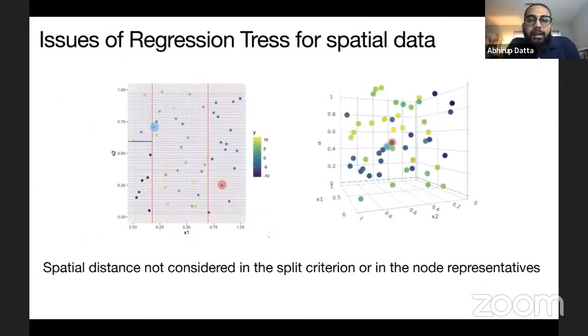So now let's look at the issue of random forest or regression trees for spatial data. This is the same figure, same set of points that I showed previously, and I highlight two different points here. These points are quite far apart in the covariate values, right? For the red point, the x1 value is large and the x2 value is small. For the blue point, the x1 value is small and the x2 value is large. So they are quite far apart in the covariate domain, and it's likely that when you do a regression tree estimator, they will be in different nodes and will not inform each other.